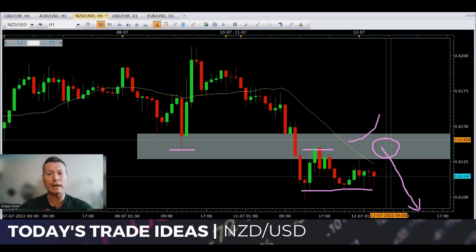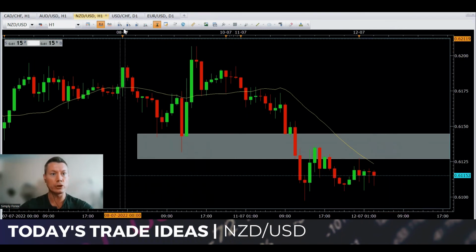Again, if price breaks out of this grey zone and H1 structure changes, I'm not interested, guys. Because a lot of the US dollar pairs are overbought or oversold, if that H1 structure starts changing, it sets alarm bells ringing for me. So I'm not interested. But if it doesn't, we have a trade. So New Zealand dollar, US dollar, we're looking to short this pair.